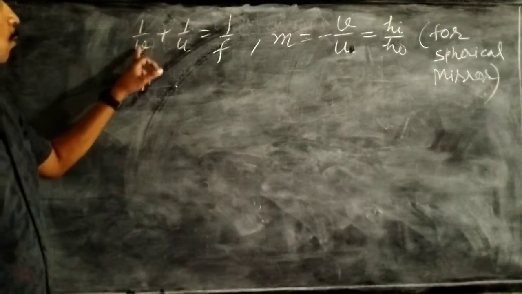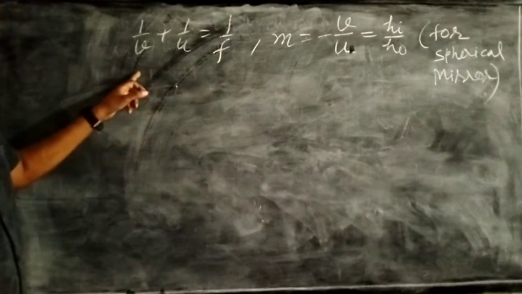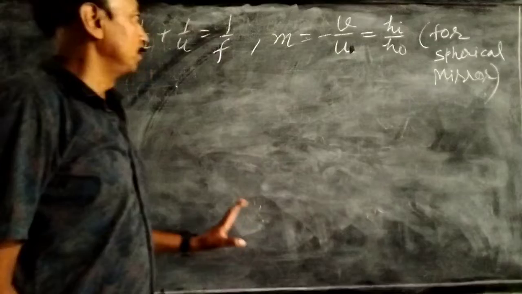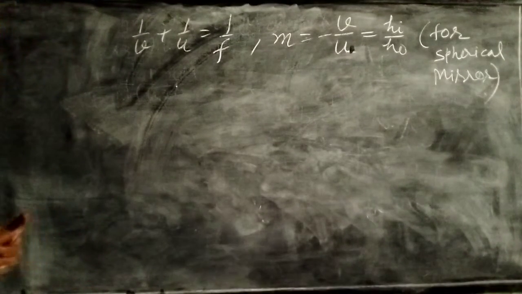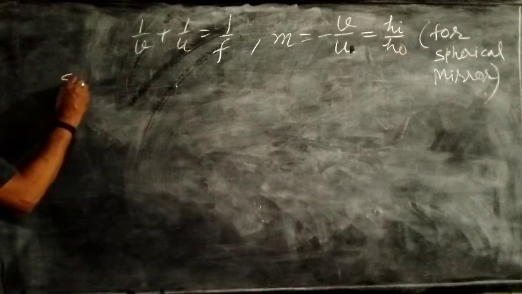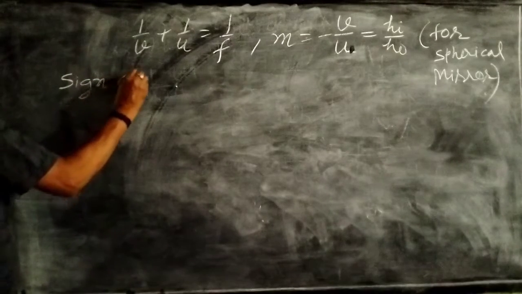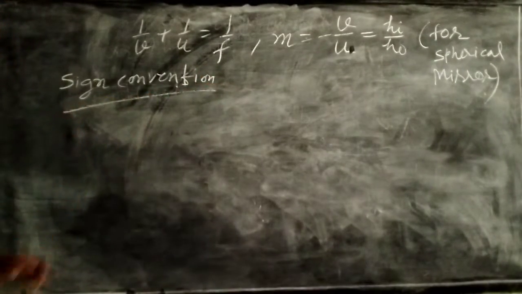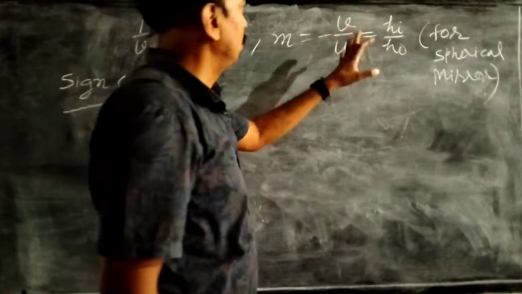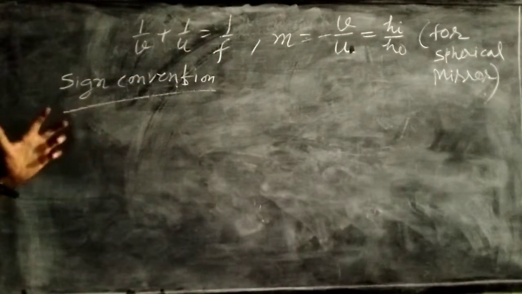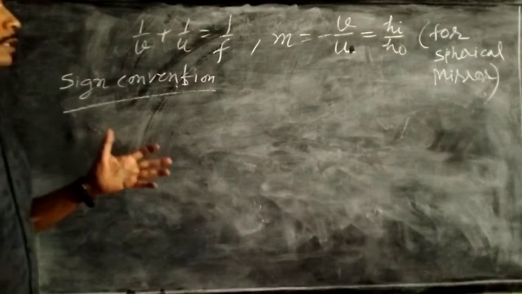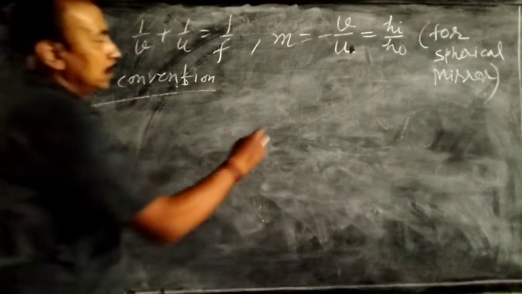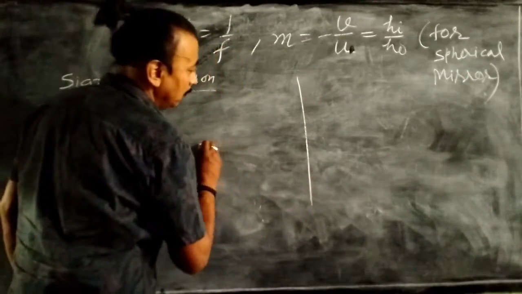We have seen that 1 by V plus 1 by U equal to 1 by F is the mirror formula, and then the magnification formula. These formulae are for spherical mirrors. Now, one more important thing is sign convention. All the quantities V, U, F, HI, HO, M must be given in terms of their sign. First of all, what is sign convention? In this sign convention,